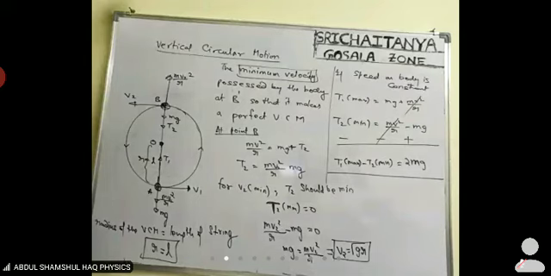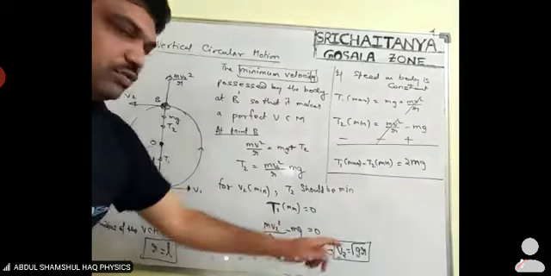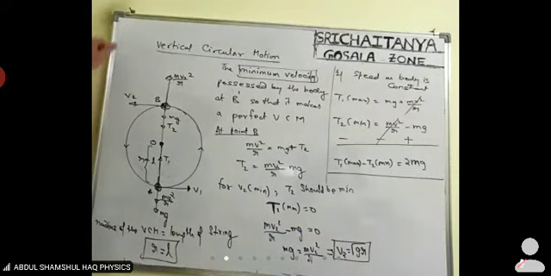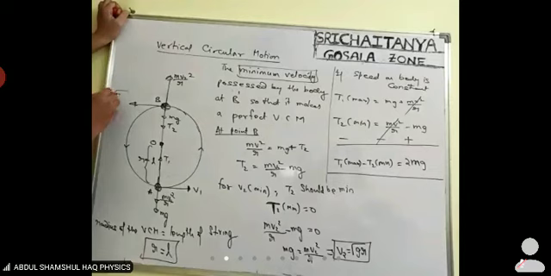You understood now? This velocity v2 will be equal to root gr. This is the velocity which the body should possess at this point. If root gr is the velocity at this point, then only it is going to make a perfect